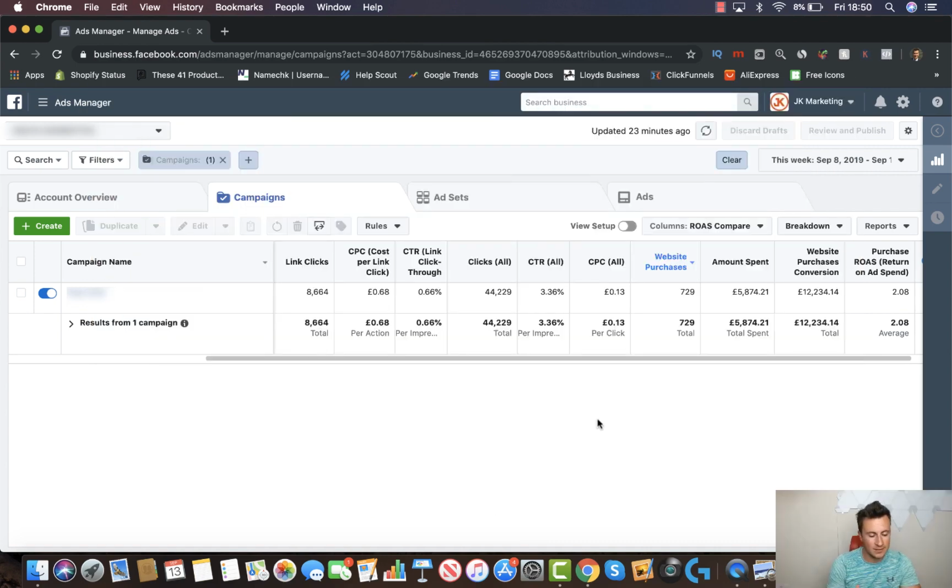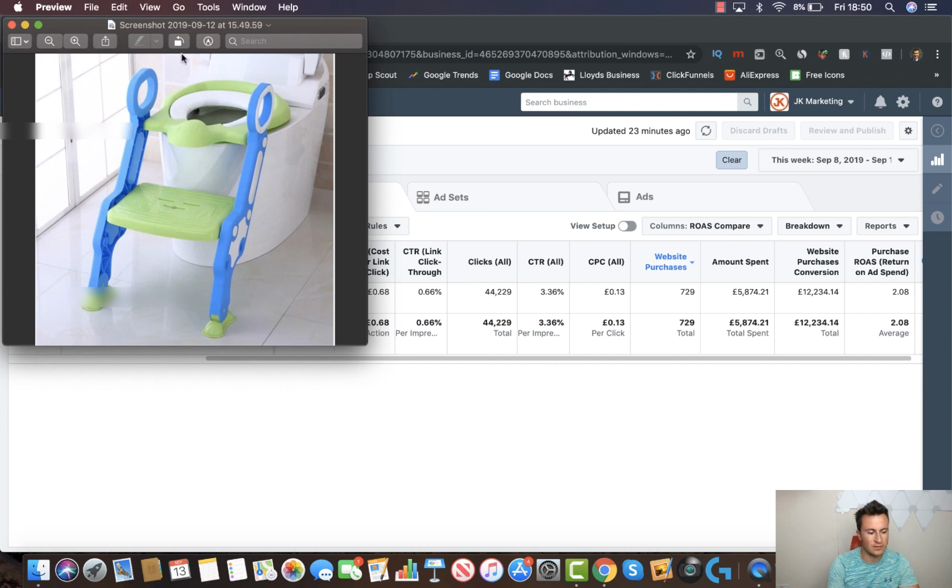So here we are inside my ad manager, and these are going to be the two products that I'm going to be showing you how to run ads for, purely because these are two different styles of products. Number one, this product here is going to be purely demographic based. I'll explain that later on in the video. And then the second product,